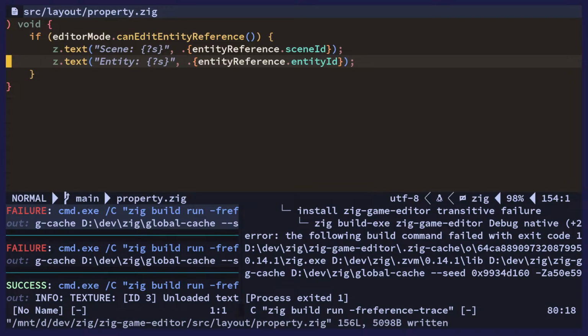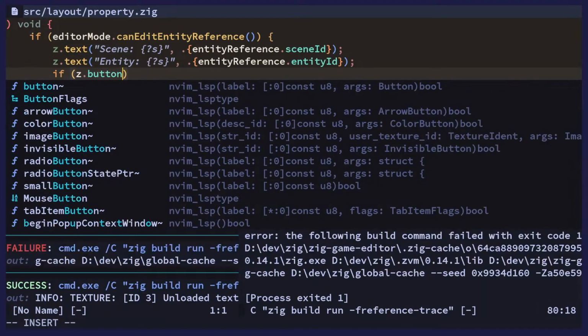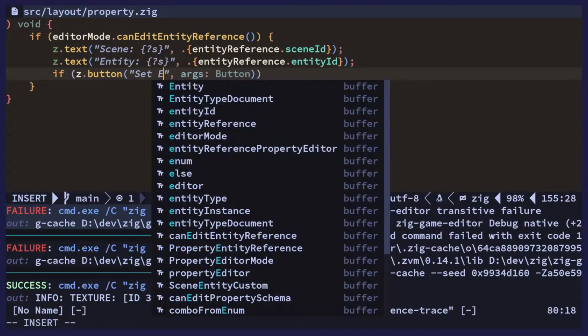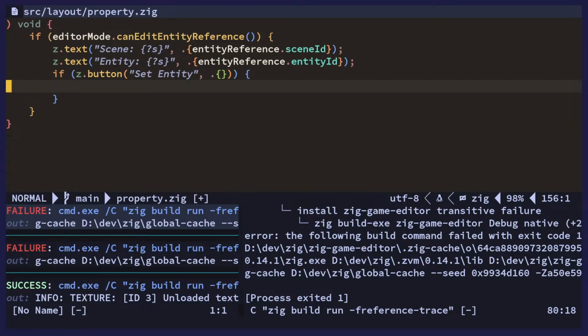Okay, so anyway, that was the easy part. And now it's the huge part of actually making an entity selector. So I think what we're gonna do, well, actually we're gonna have to have a button. It's gonna say set entity, and if that is pressed, then we will say that